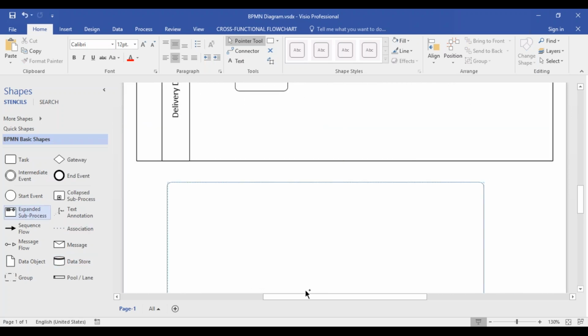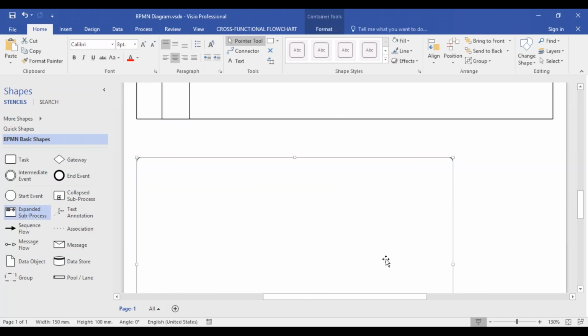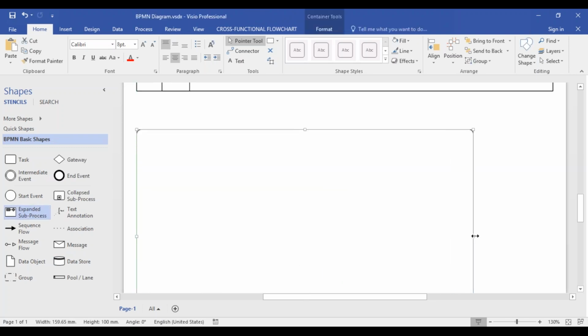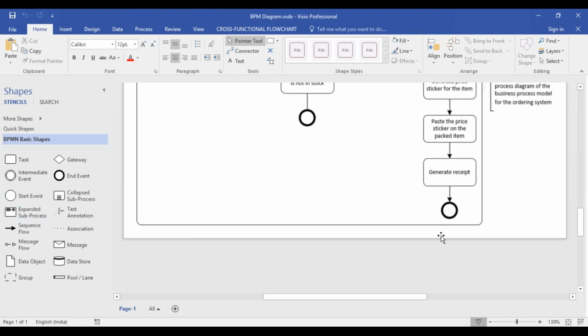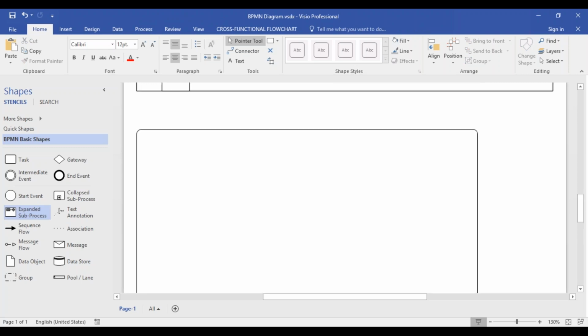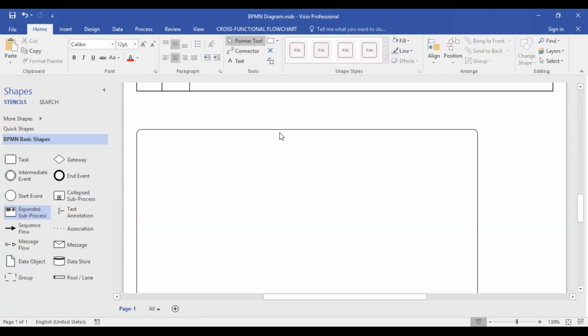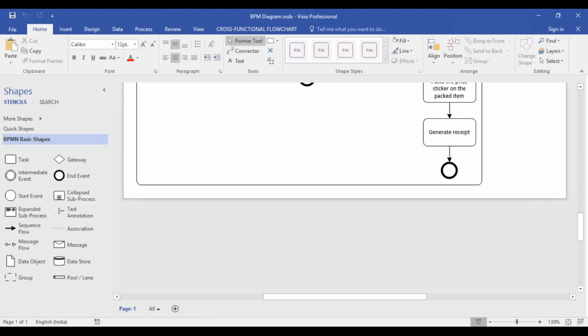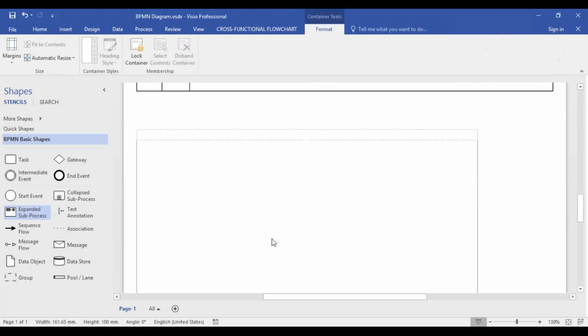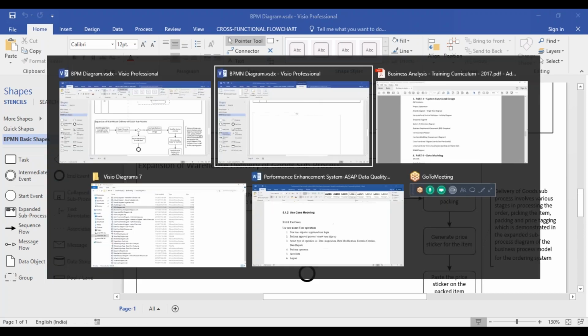Add an expanded sub-process. Give some spacing for the annotation or the description to be included. You can double click. Select the sub-process added, double click. When you do that, you will find a cursor point. You have to type expansion